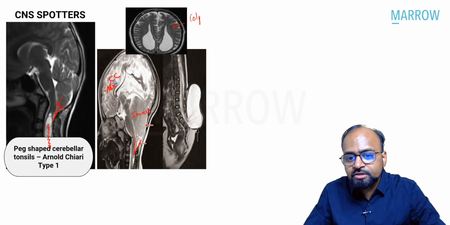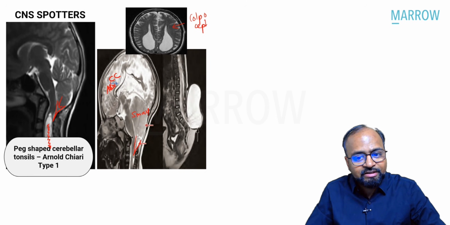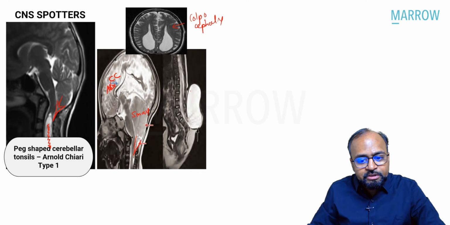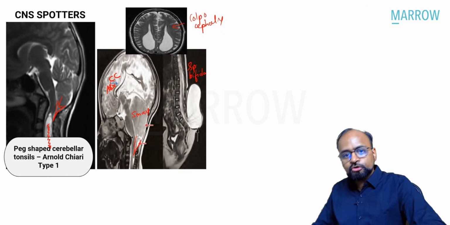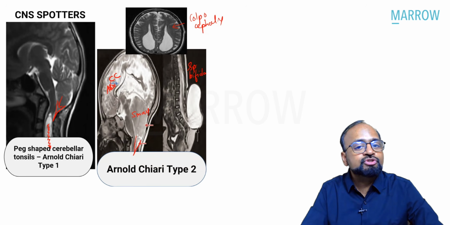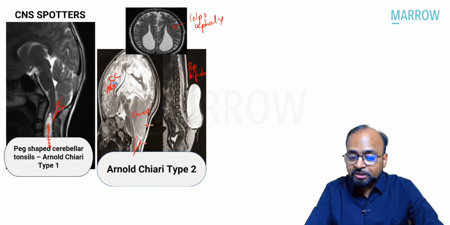This is also called colpocephaly, along with an open spina bifida in the lumbosacral region. So a combination of all of these abnormalities is what is called an Arnold-Chiari type 2